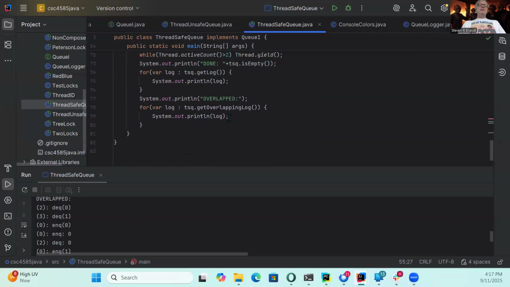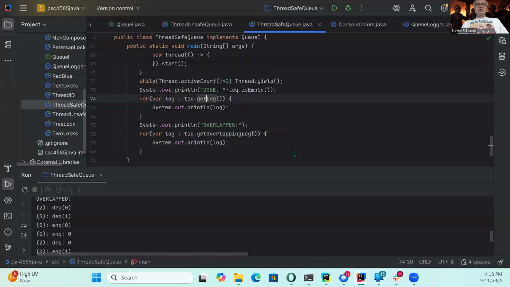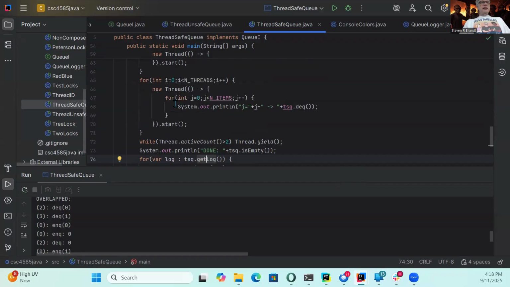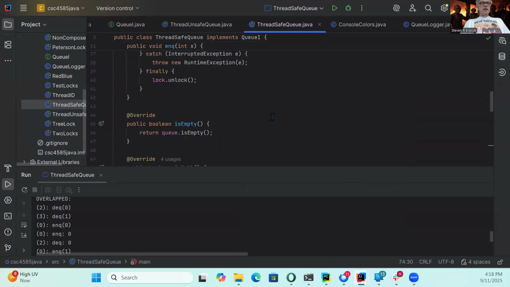And since that output can be a bit much, I have this thing called overlapping. And that's just going to show us things in the log sequence that overlap. Oh, by the way, before I put out the log, when I do this get log, I take all of those logs, 1 per thread, and I put them into a single array list, and then I sort them based on time. So I get my entire log of events that occurred based on time, and you're going to see that.